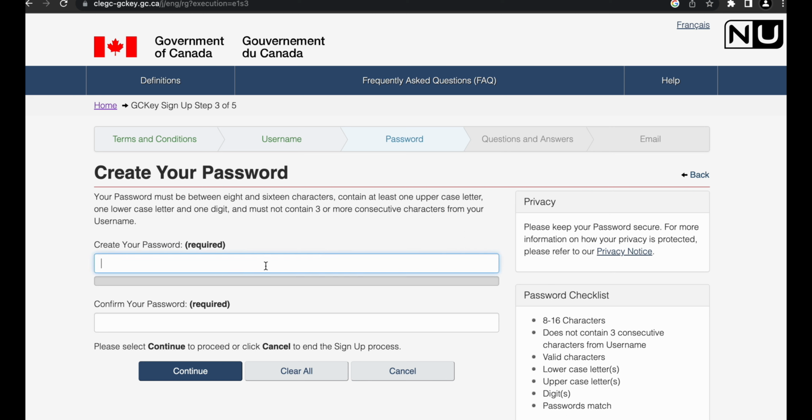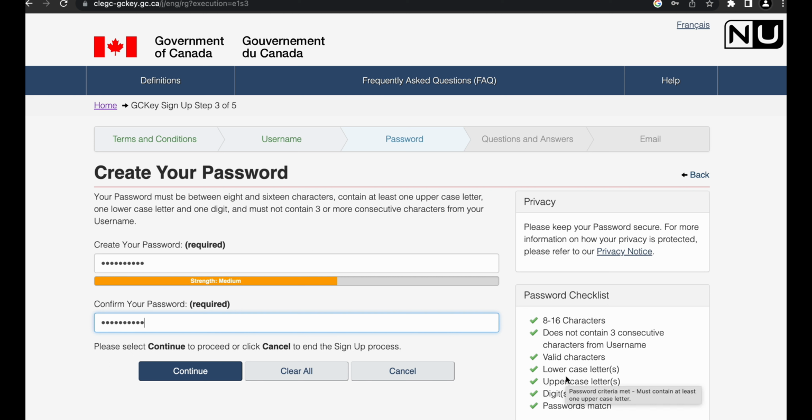Create your password. You can create any password you want, but as you start, you can see over here that they will show a tick sign. I will enter the password. Still you can see there is a password match requirement, and because I have not entered my password again over here, it's showing a cross sign. So I will enter the same password. Now you can see I am ready to go to the next step, as everything is ticked over here. Whenever you create your password, just make sure that all of this is fulfilled. Now click on continue.